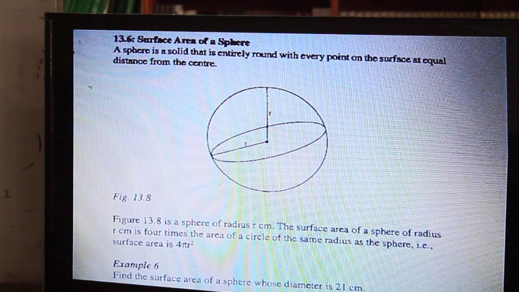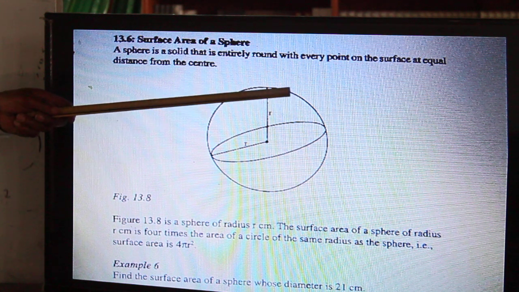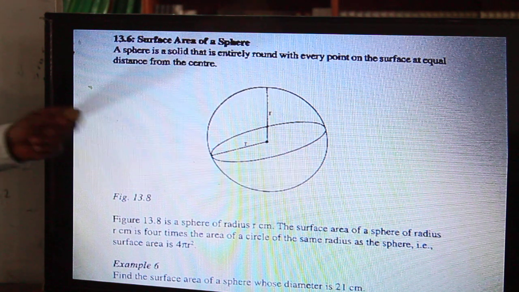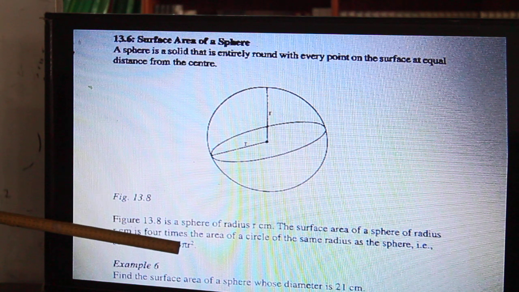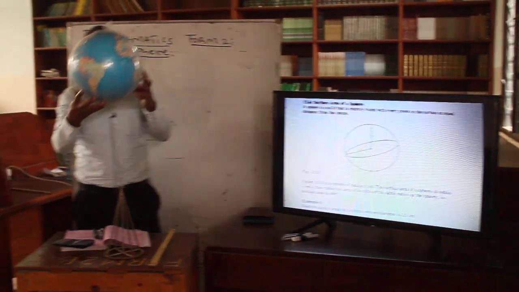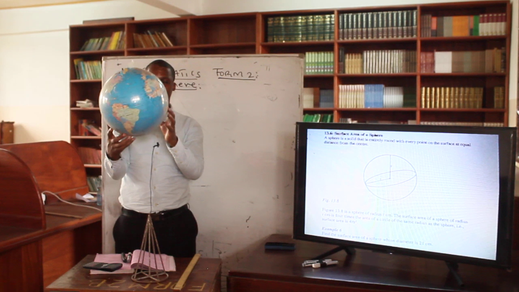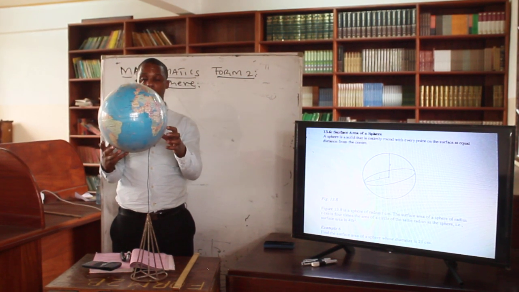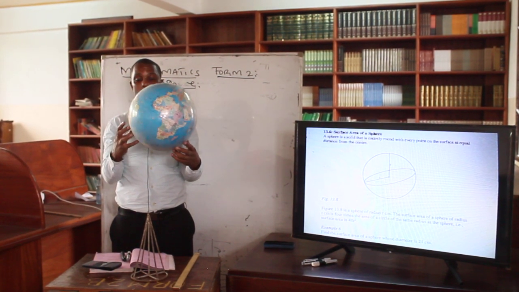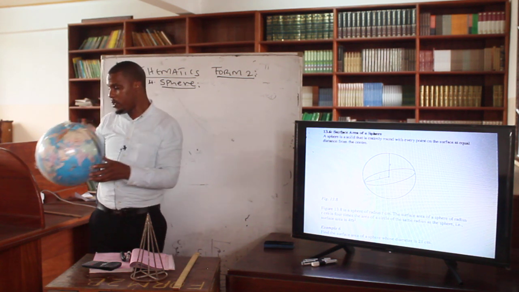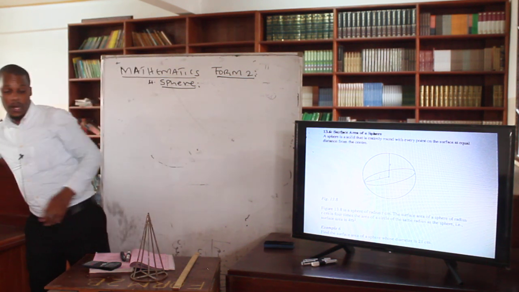That was the case of the proving, whereby we are saying the surface area of a sphere is related to a circle. The area of a circle is pi r squared, but for the sphere it is going to be 4 times that. I'll be communicating about it in our next lesson, but just to show you, that's how the sphere looks, having the shape of the globe. That's why the surface area is 4 times the area of the circle. I'm going to focus on that in our next lesson.